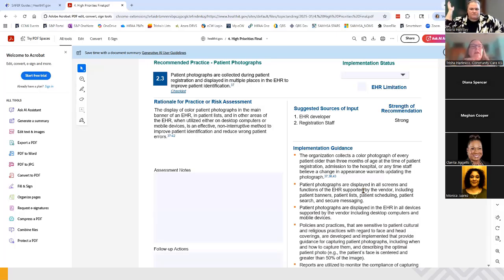It's not that you have to have every picture for every patient. But the goal is to make sure that throughout the record while you're working with the patient, that ability to